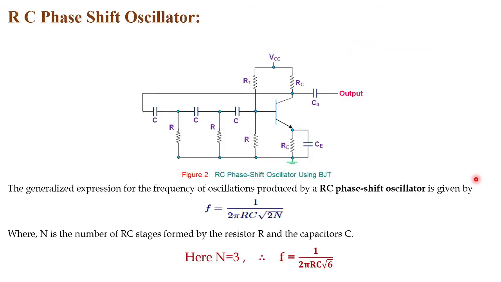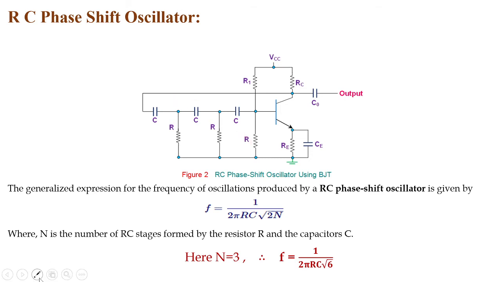So what happens in the case of these oscillators? What is an oscillator? These oscillators generate output with or without inputs. Here, the output obtained from this amplifier is given to the feedback network. This feedback is obtained from the phase shift network, which is a combination of capacitor and resistance, repeated three times.